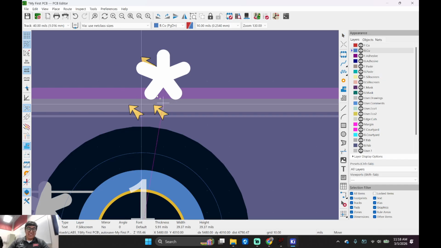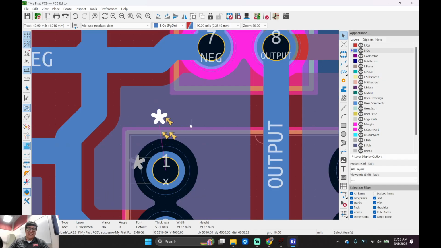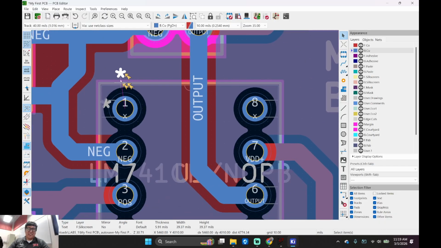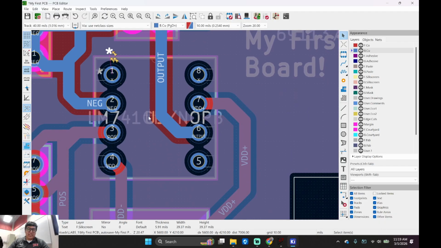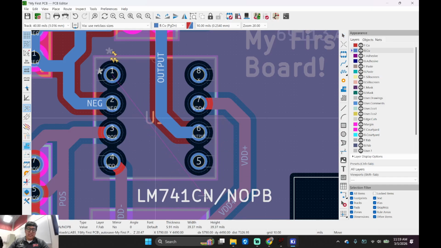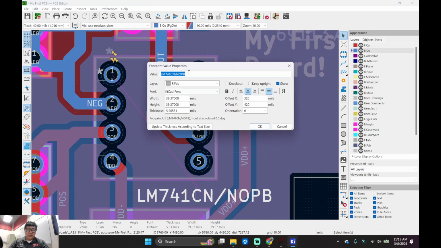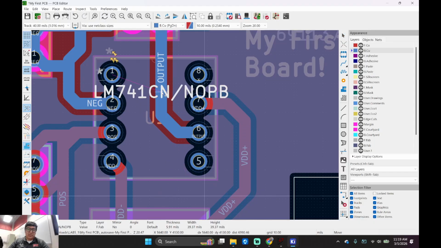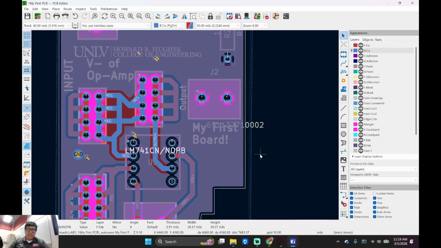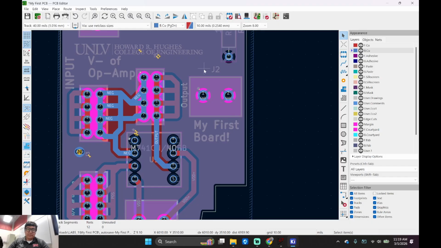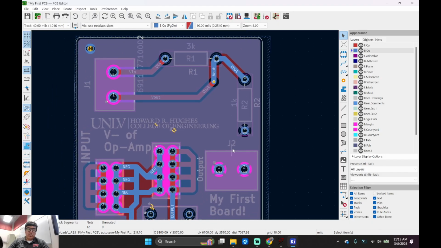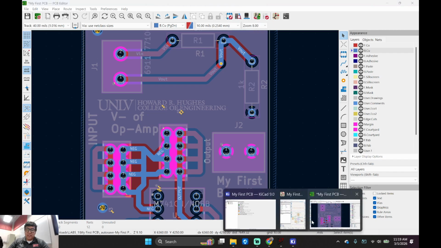Convolution? Yeah, convolution. Let's keep it there. Okay. Yeah, it complained. It's like, look, convolution. What about this guy right here? This text, LM741. Maybe I can put it right here. Doesn't matter. Let's just keep it there, okay? Let's delete this guy right here. And I think we're good. Let's check and save again. DRC.